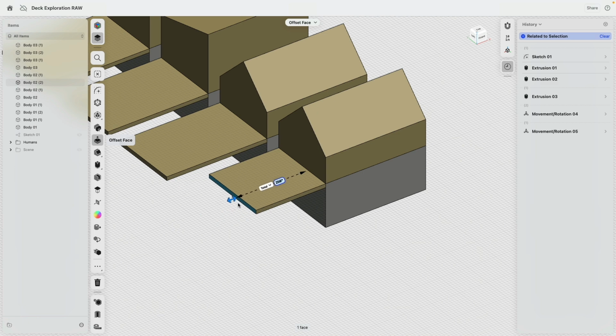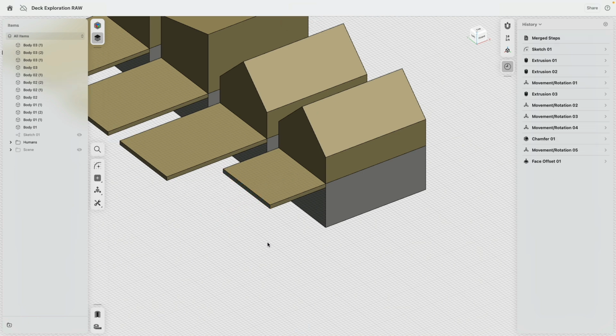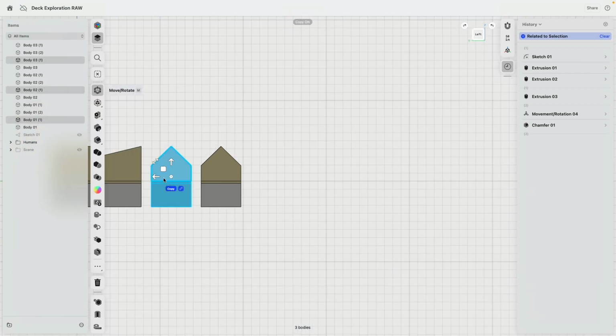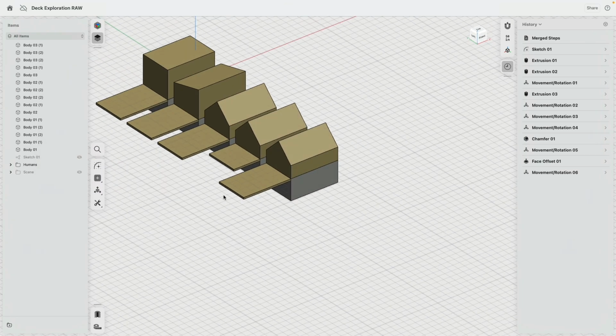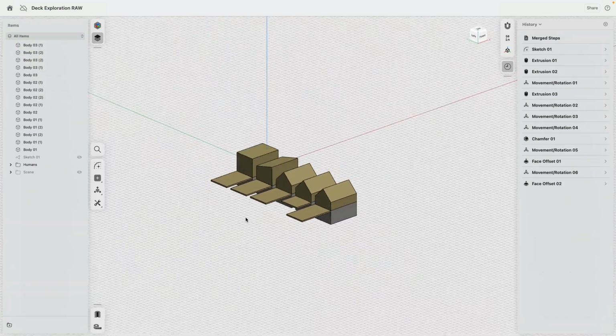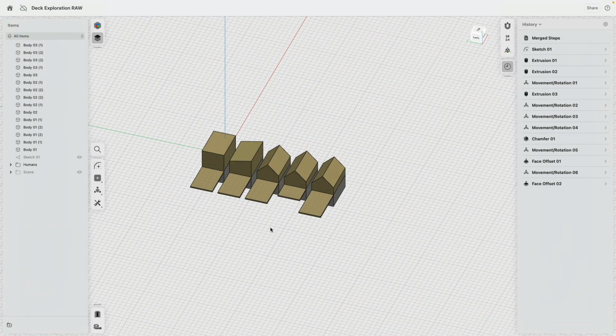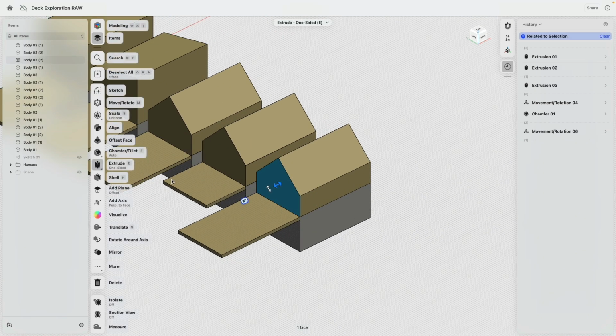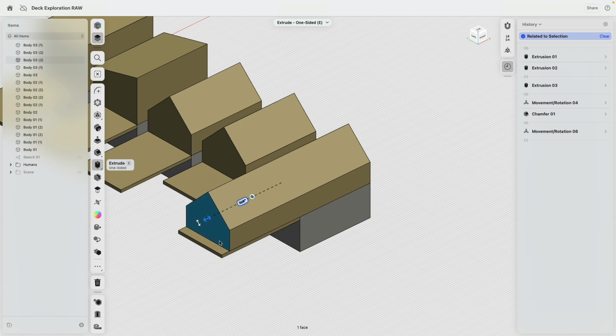Do I want this to be shorter? Let's say 200. Okay. And I select this one, make a copy, 600 inches. Do I want this actually to be wider? Maybe 400. No, who knows? So you see already how very quickly we start developing kind of like a variation of elements. Now I can do interesting things like this. So this face I'm going to extrude